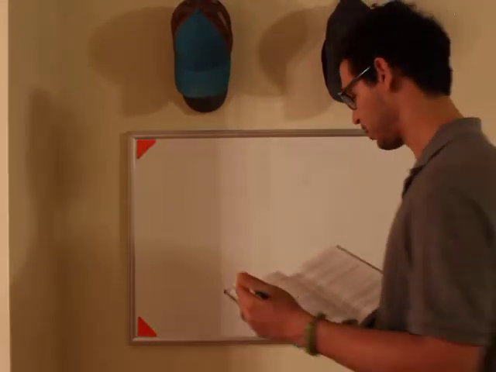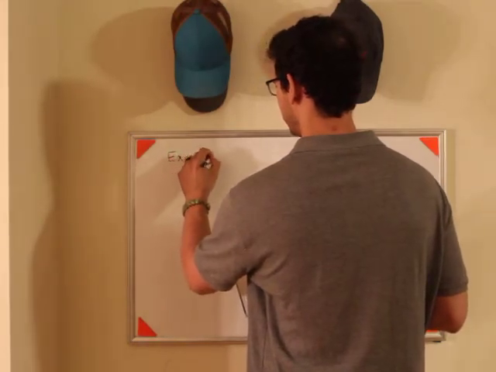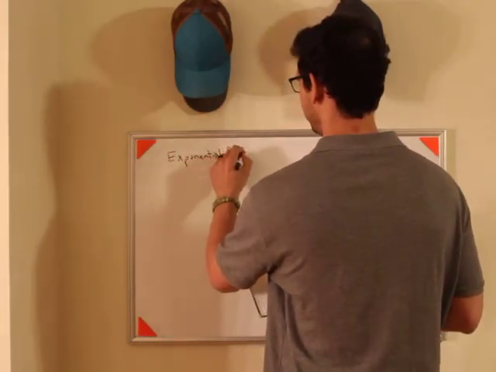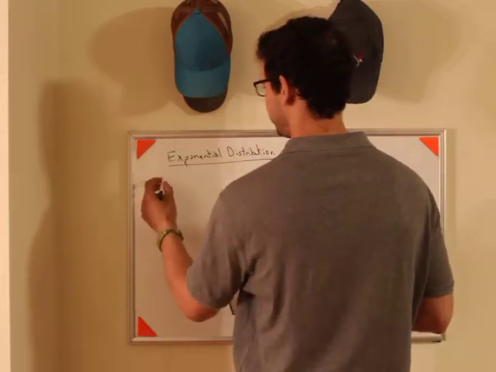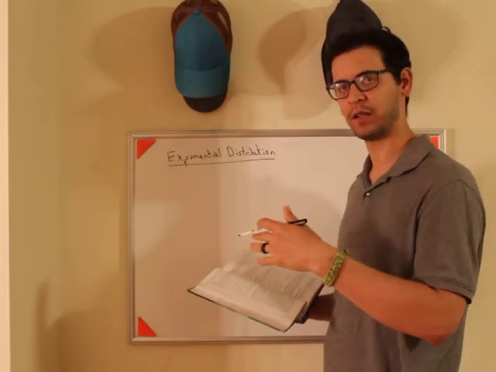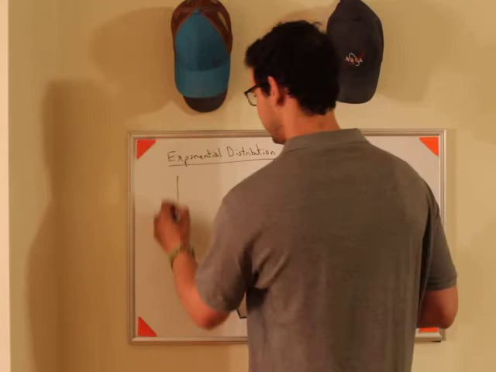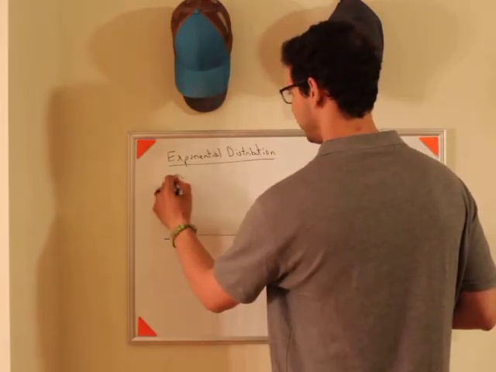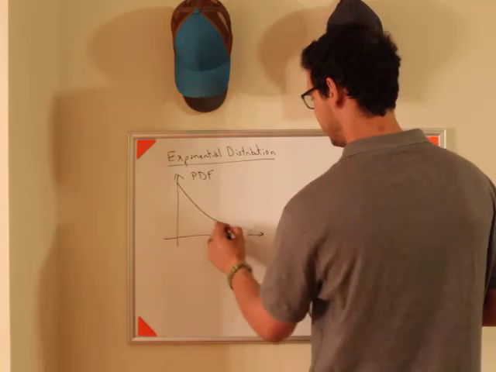All right, this next distribution I'm going to do is called the exponential distribution. Exponential distributions are usually used for items that fail over time. It's like you buy, in this example here, an LED. And so the idea is that if I plot the probability density function of this LED, it's going to look